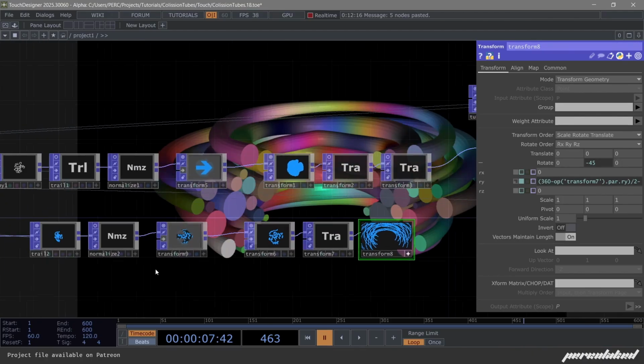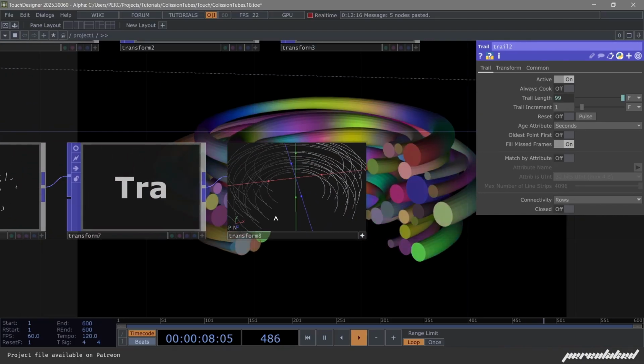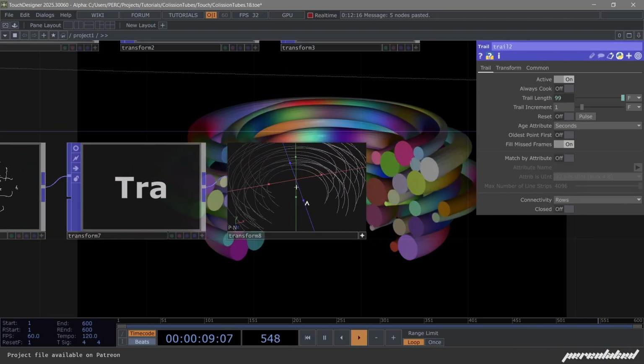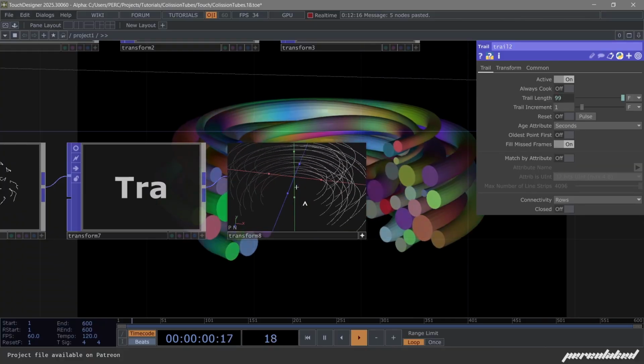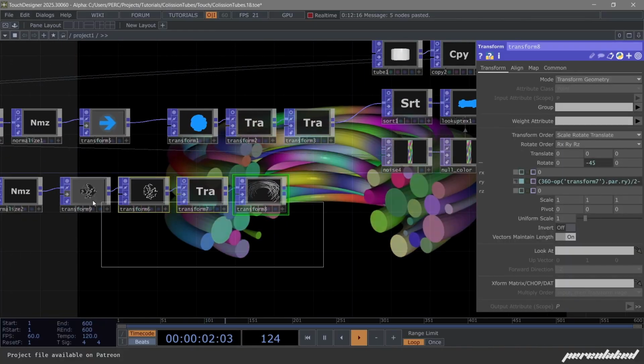Actually, in this trail we can also add some connectivity rows. Once it resets, you get a bunch of lines, and now we can, because we have lines, we can instance